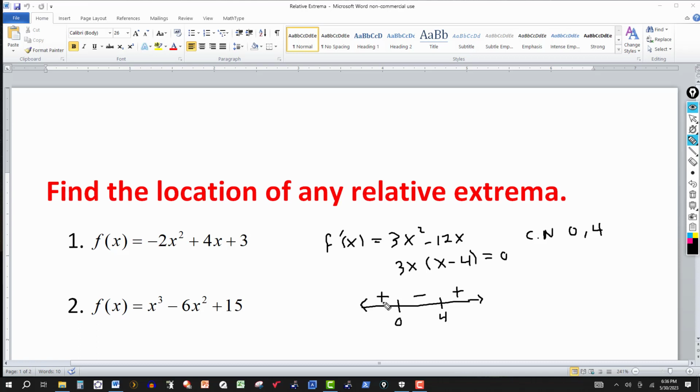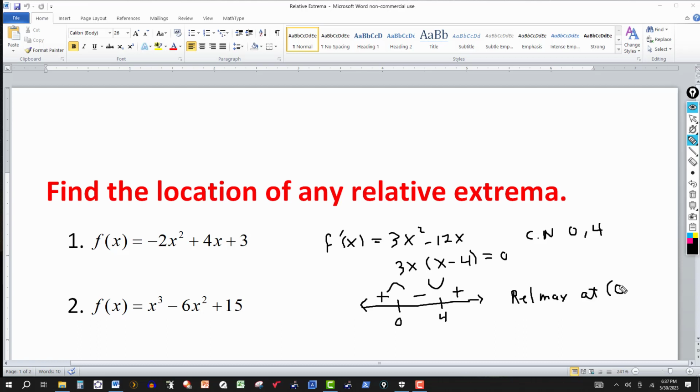So again, the positive tells you that the curve is rising. Positive derivative means the curve is increasing. Negative means it's decreasing. So to the left of 0, positive, so it's rising like that. And then you get to 0, and it comes down. So you can see, that's the maximum. At that 4, negative to the left means the graph is falling. And then it reaches that point there where it has the critical number. And remember, that's where you have the tangent line. And then positive goes like that. So now we know that we have a relative maximum